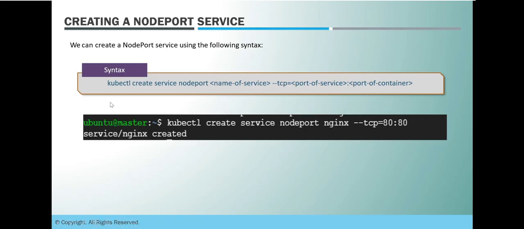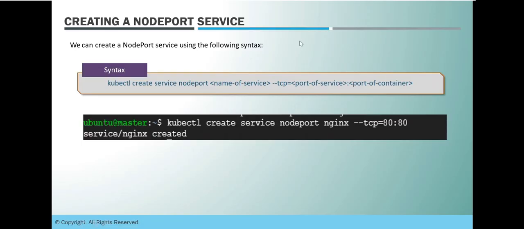One thing I need to tell you: node port can be created on both cloud machines and on a local machine in your local environment, and you can access it on the VM's IP address and port. Similarly, load balancer can also be created on both cloud instances and locally in your own environment, but for your own environment, the load balancer needs to be taken care of manually.